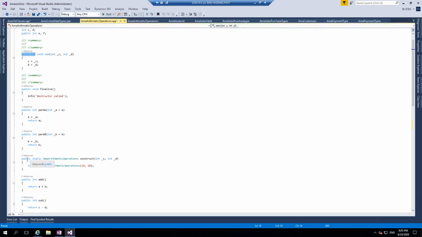If you use simply public, this will become an instance method. Sorry, one second. If you use only public without static, it will become an instance method. If you use static, there is no need of allocating memory to it. Because if you see here,